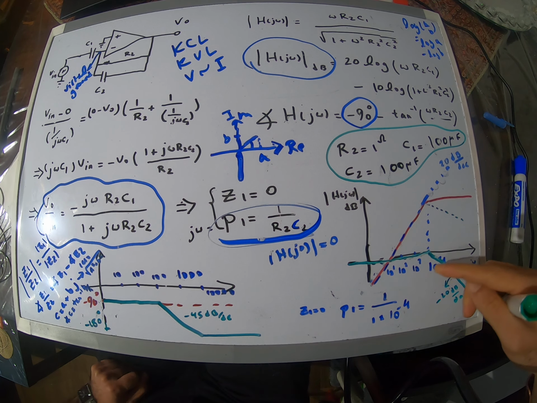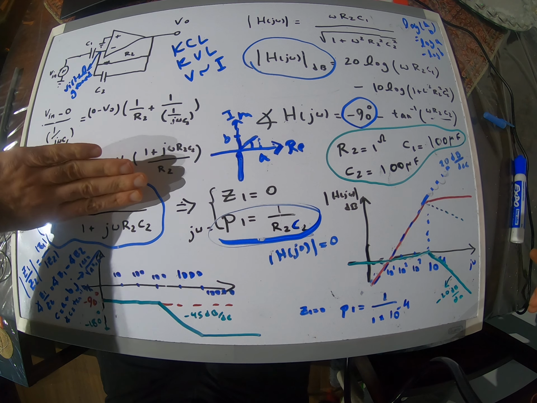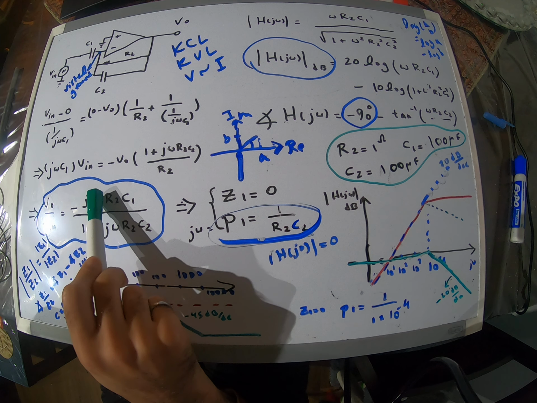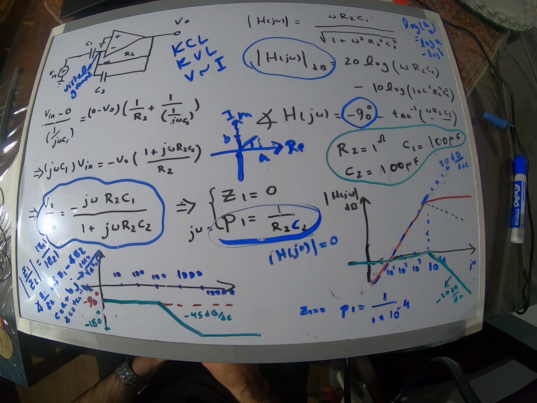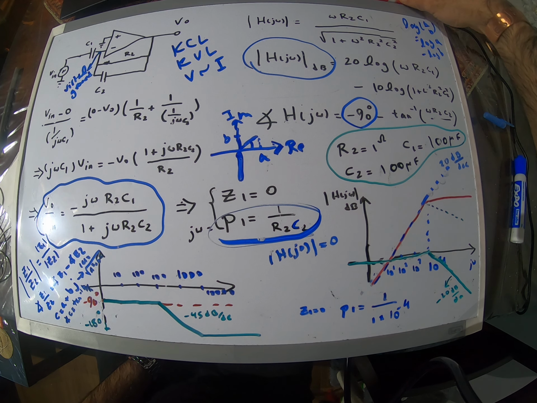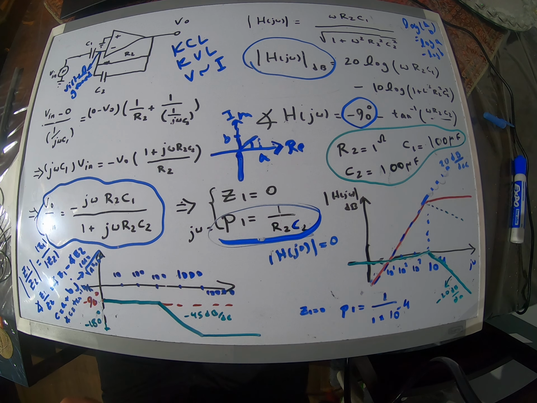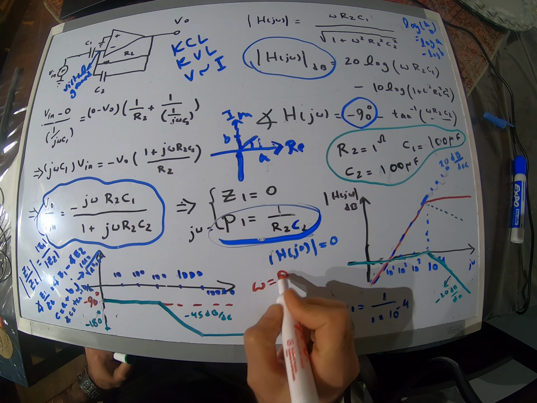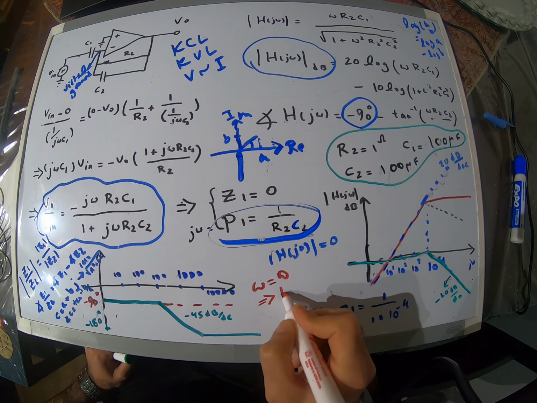So if we only had this function, then this would be our Bode plot, right? But we also have a zero. What is that zero? Where is that zero? The zero is at omega equal to 0, right? At omega equal to 0, H of j omega